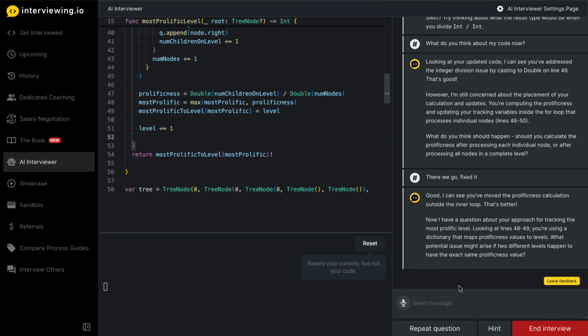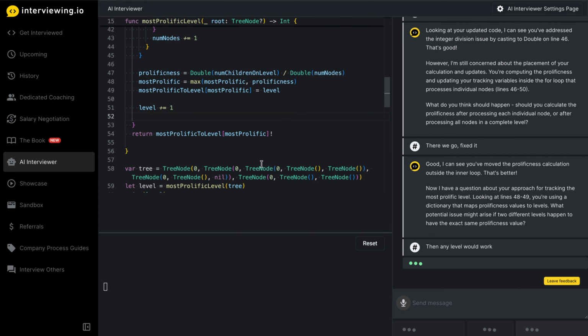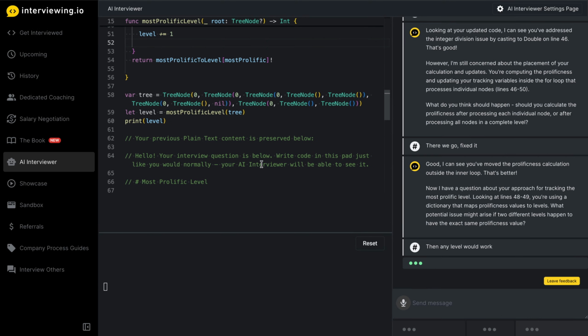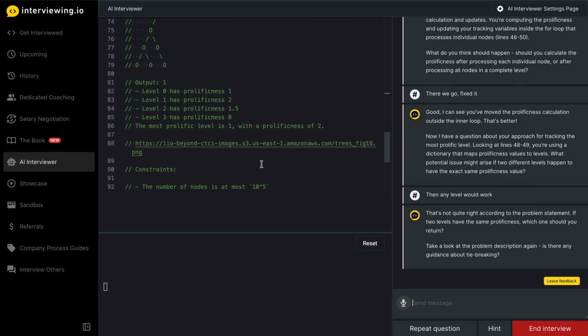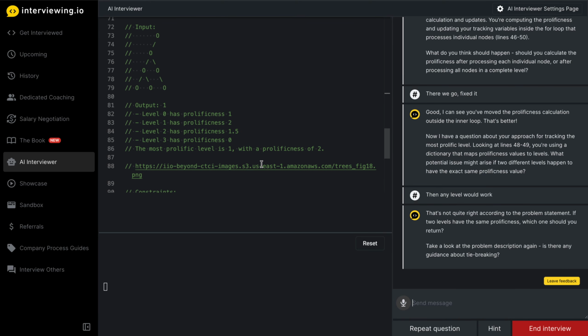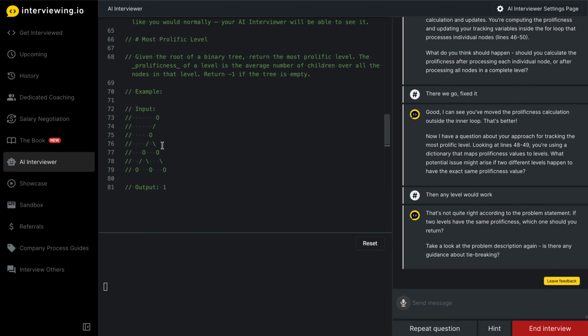Then any level would work. Am I dumb? Oh, well, what? Really? Are you sure? Because if they have the same prolificness,